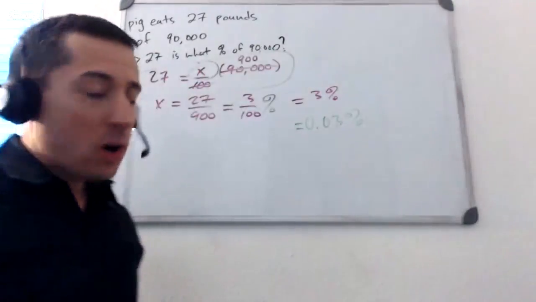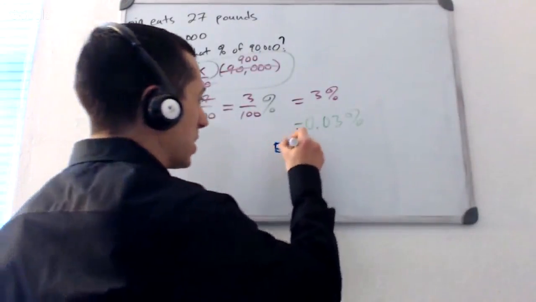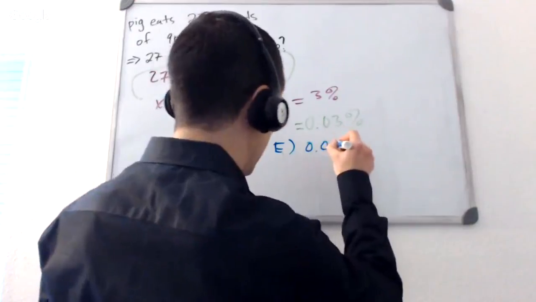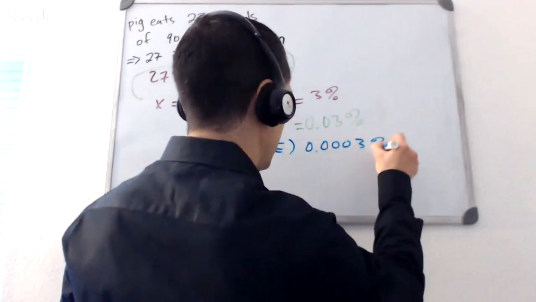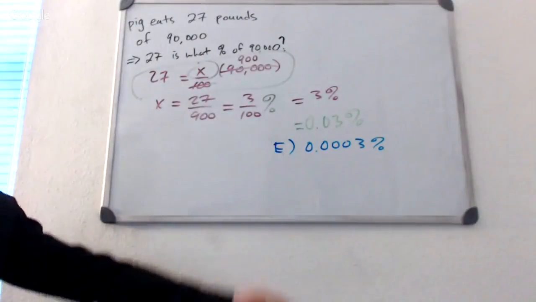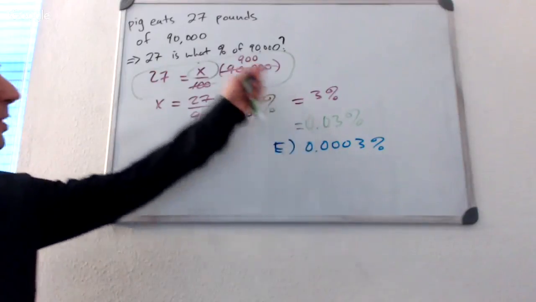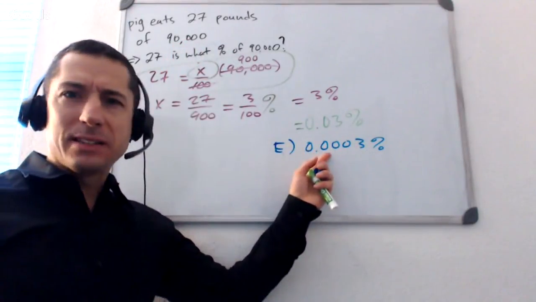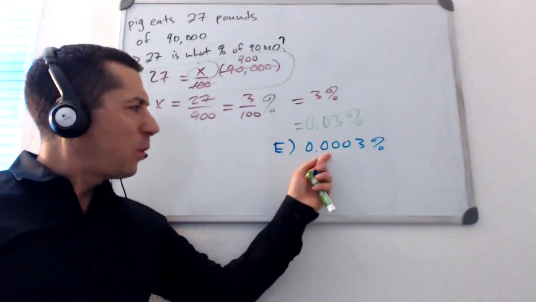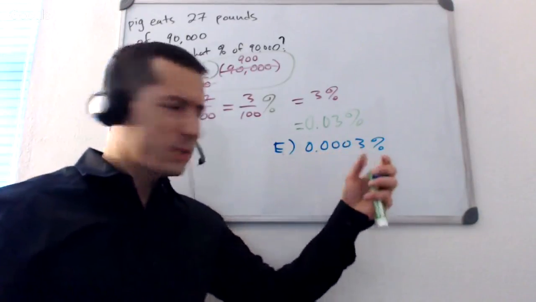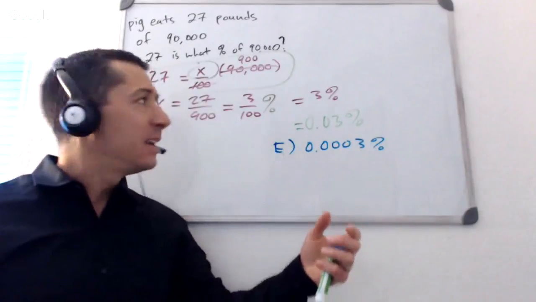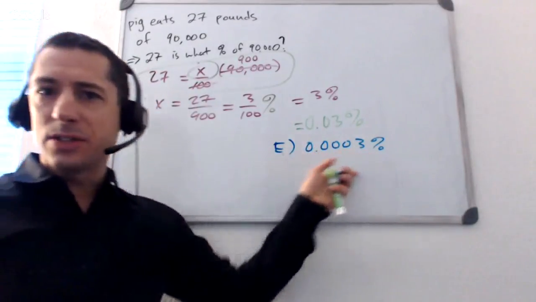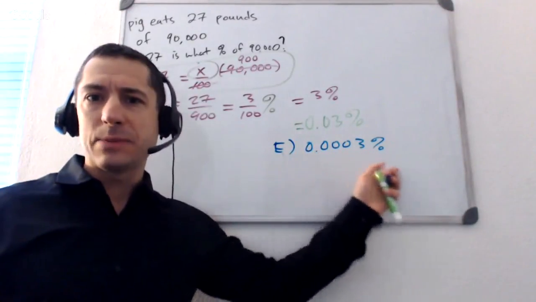Similar idea, a little bit harder to see, but if you'd picked E here and you had, how many zeros was this? I think it's 3 zeros leading. That should also seem a little bit off to you. 1% would be 900. 0.1% would be 90. 0.00, or I guess 1/100th of a percent would be 9. There's no way that this is right. There's just too many zeros there between your decimal and the 3.